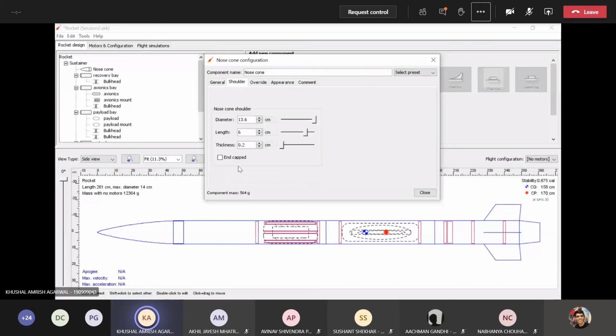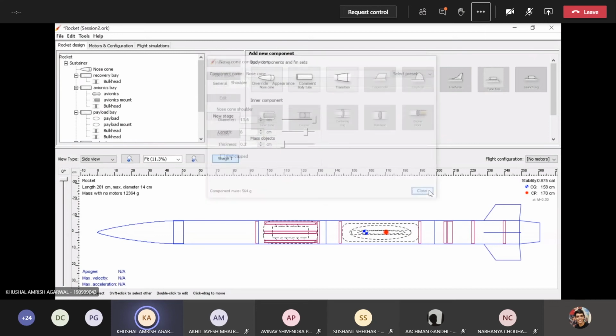Now what the end cap option means is that the end of the shoulder will be capped, basically like a cylinder that is closed from one end. Currently it is a cylinder that is open from both ends, but if you click on the end cap option, it will be just like a cylinder that is closed from one end.